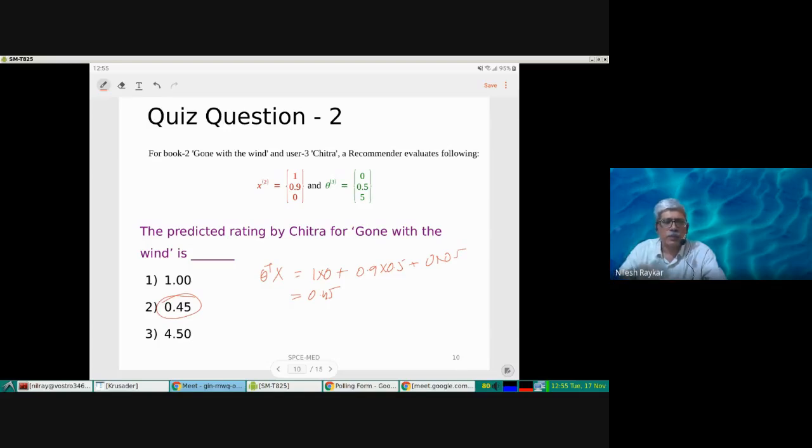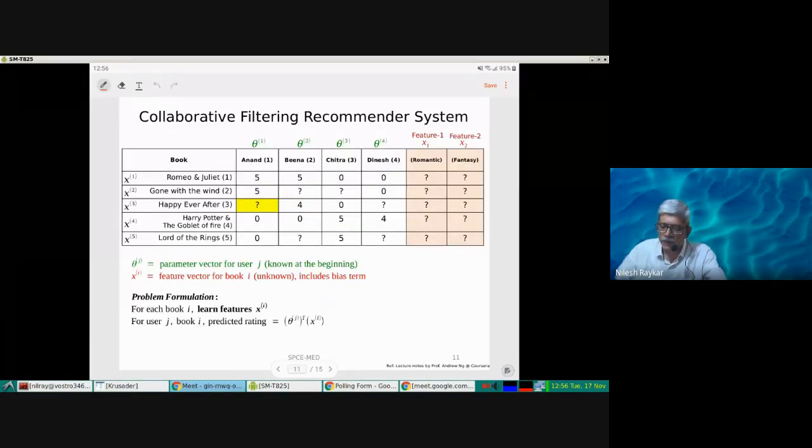So if that person likes romantic books and a certain book is given a high rating, then the romantic feature vector term of that book would increase. In that sense, each user is contributing towards the definition of the product content. That is the way the term collaborative is there, and the filtering simply refers to the selection or the rating given to each book. So let's look into the collaborative filtering recommender system.